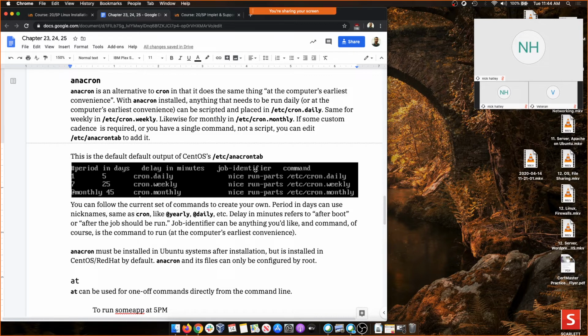Nice run-parts. So basically what you're saying is don't run over anybody as far as taking system time away. This is why I'm saying about 5 minutes. If there are a lot of system-heavy things going on right now, then Anacron will wait. It will take a back seat, and this is again why I say lazy. This is why it takes a back seat to those kinds of things. Anyway,